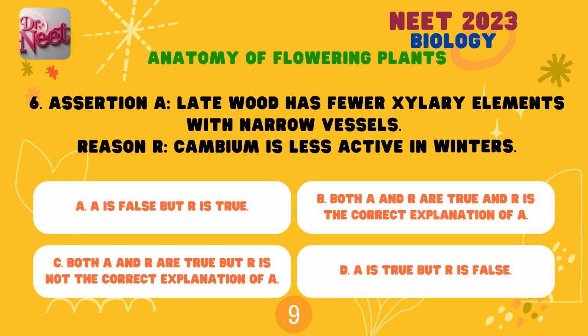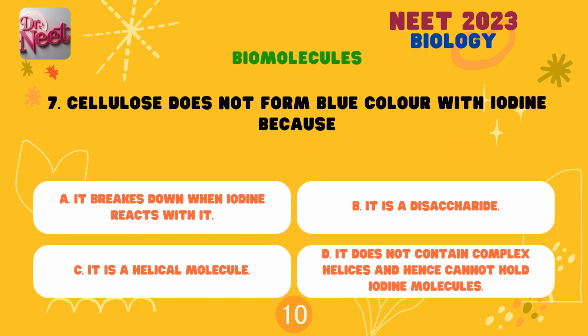Assertion: latewood has fewer xylary elements with narrow vessels. Reason: cambium is less active in winters. Cellulose does not form blue color with iodine because